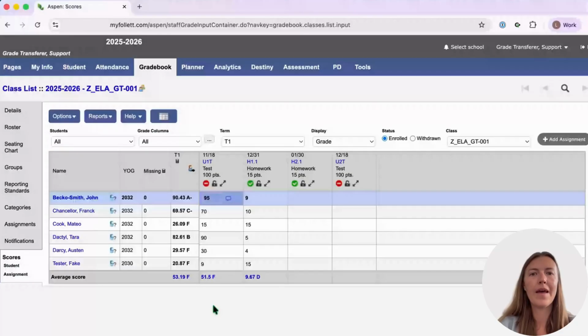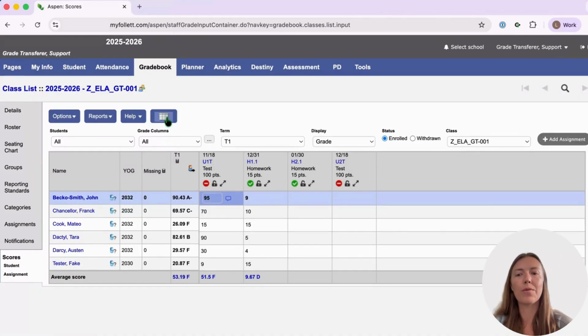Let's get started. If GradeTransferer is not able to fill or grab the names in the Aspen gradebook, the first thing we want to check is our view settings. We really want to make sure that we have a column that is the name column and the students' names show up as blue hyperlinks, not plain black text, but these blue hyperlinks. And so if we either don't have this column visible or it's showing up without the blue hyperlinks, then we